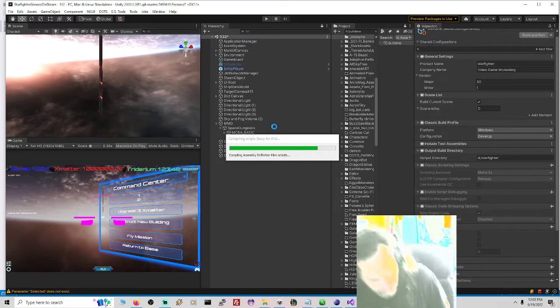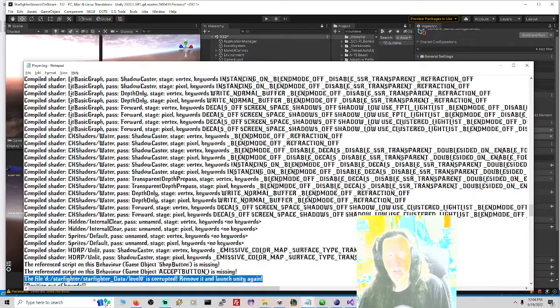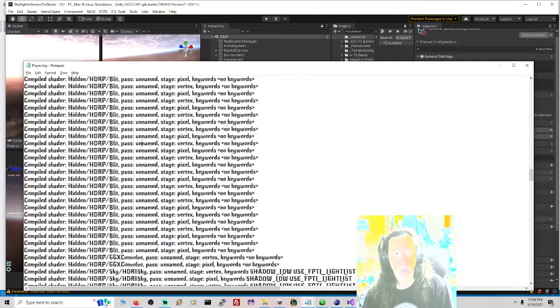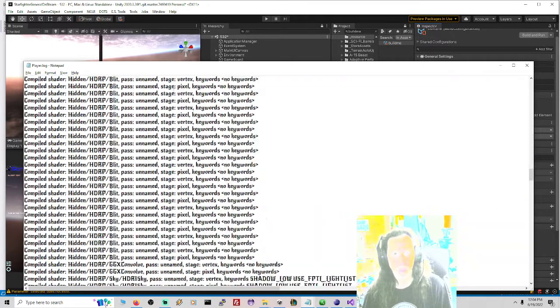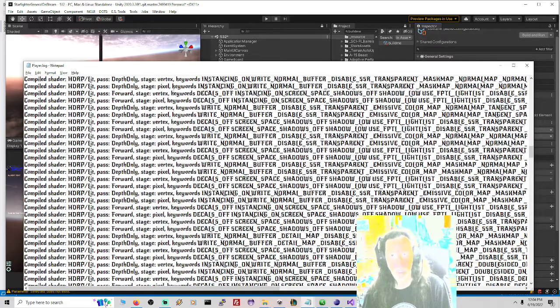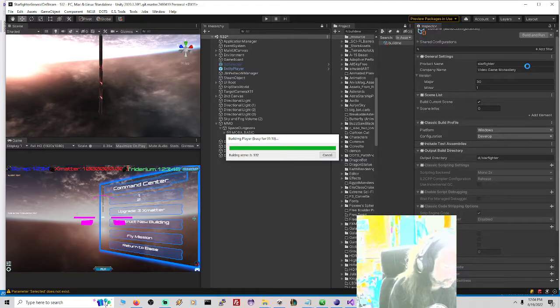So anyway, I had lots of helpful people help me. I was able to diagnose this at level 0. I just deleted my MMO section. It's not an MMO quite yet. It's going to be there sometime. So it just takes 2 minutes to build. I think it's because of a lot of these compiled shaders. I didn't know shaders compile. Why don't they just compile once? Why do you have to compile every time you launch? It's crazy, right? I have like 100 shaders. This stuff I downloaded off the Unity Asset Store. None of that stuff should take time. I'm gonna look into that later. Why does this take so long to build? Not that big of a game right now, but